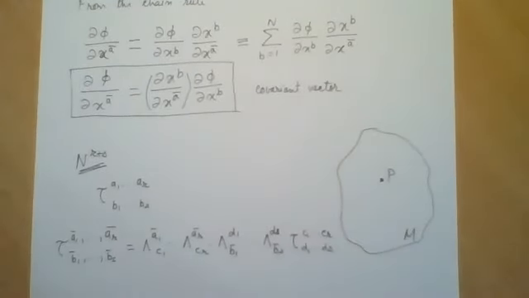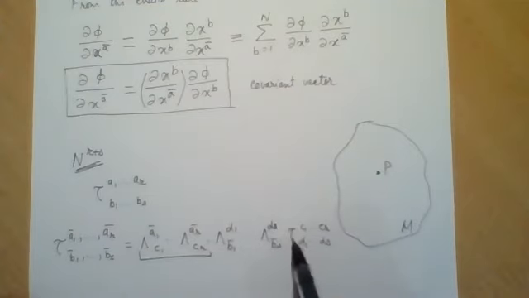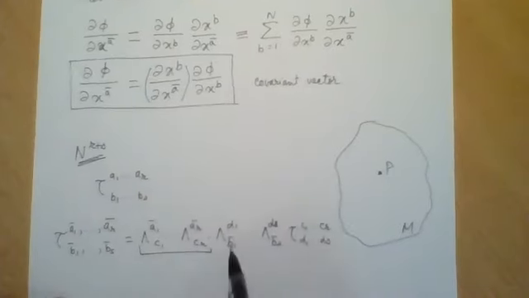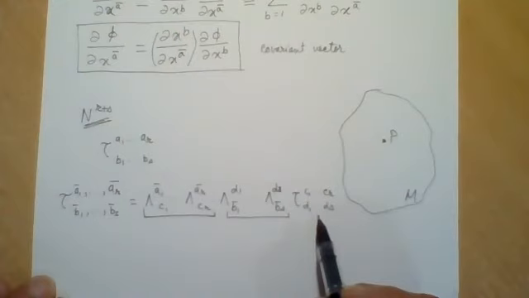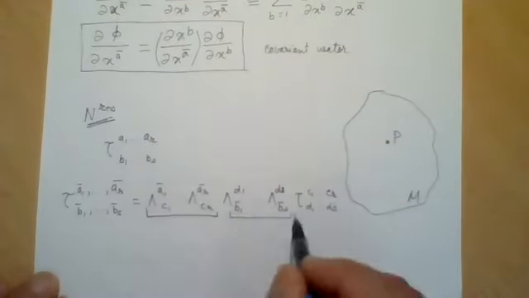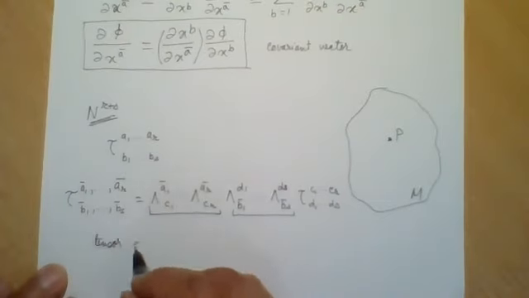So each upper index transforms like a contravariant vector, and each lower index transforms like a covariant vector. This quantity, these are the components of a tensor of type